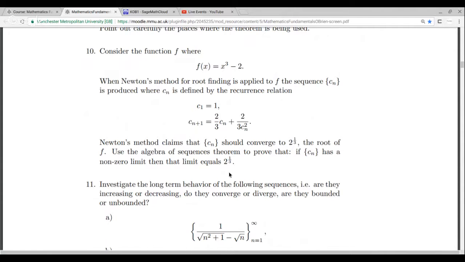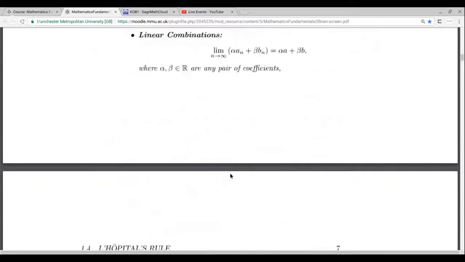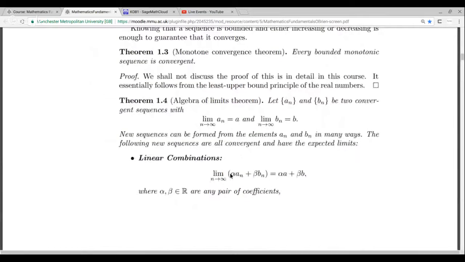Okay. So what we'd like to do now is to do the proof of this theorem. So there's a few different parts. I'm going to prove the linearity part and the product part, and then I'm going to leave the quotient part with you to prove, and then I've got a handout here which kind of gives you guidance on how to prove it. It's kind of a staged exercise to take you through your own construction of the proof of that. And this is something we can discuss in the tutorials, probably not this week because I've only just given it to you, but next week's tutorial.